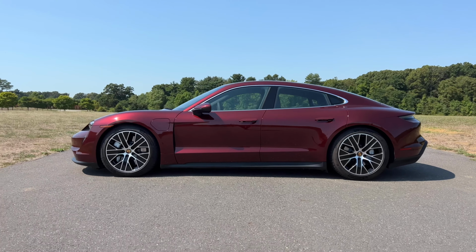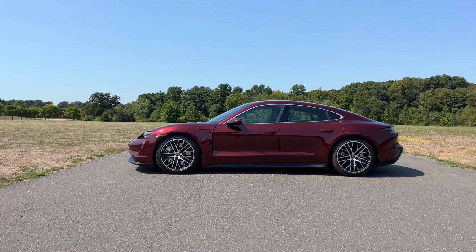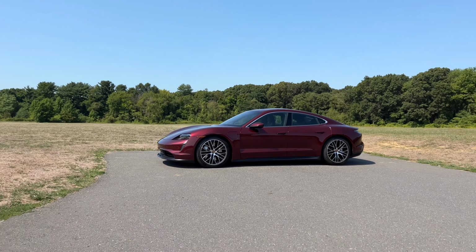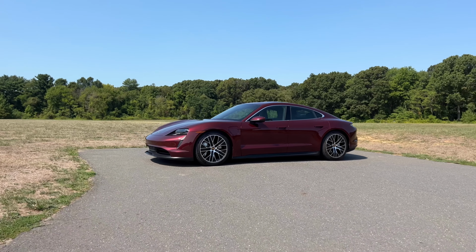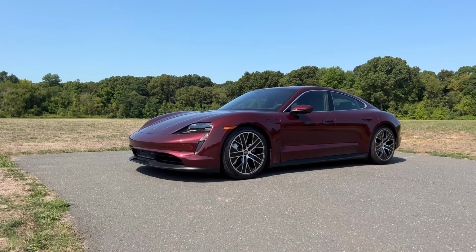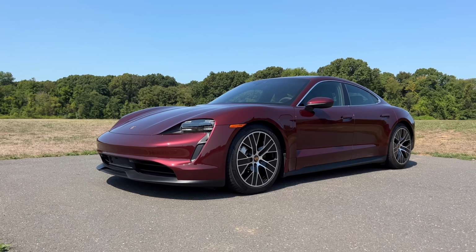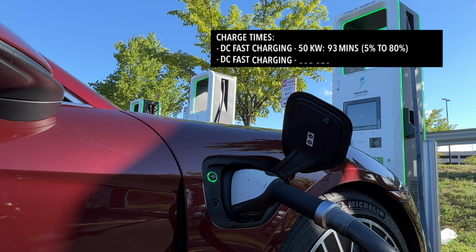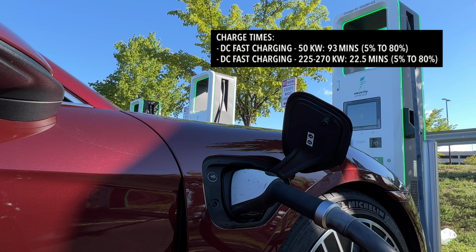Alright, let's talk about how long it'll take you to charge the Taycan. Porsche says that the base performance battery can charge up to 225 kilowatts, while the optional 93.5 kilowatt battery can charge up to 270. But regardless of battery size, Porsche says that they both charge at the same rate. If you use a 50 kilowatt DC fast charger, you can go from 5 to 80% in 93 minutes. And if all is perfect in the world and you hit the maximum charging power, you can do 5 to